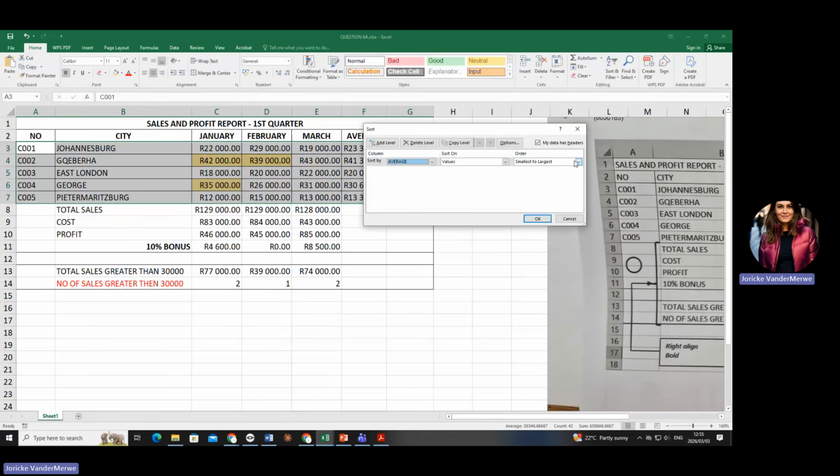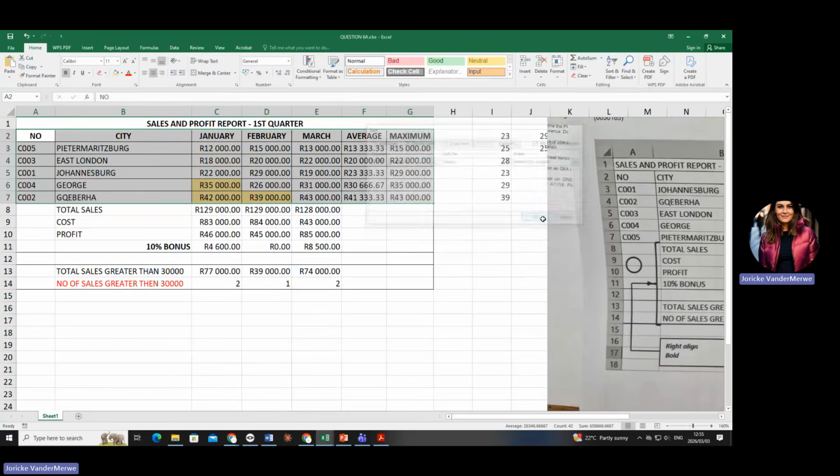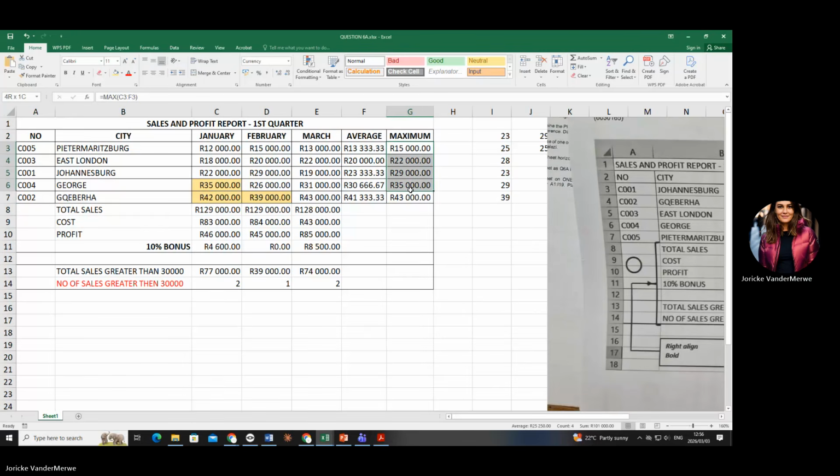According to average. They said ascending. So it goes from small to big. Remember, descending means down, from big to small. A is for aeroplane, ascending, it's going from small to big. Okay, this works because it recognizes the heading, so it's fine. You can keep that in. So that's how you sort it. Can you see it's now sorted according to average? Yes. Okay. Let's go to the next one.